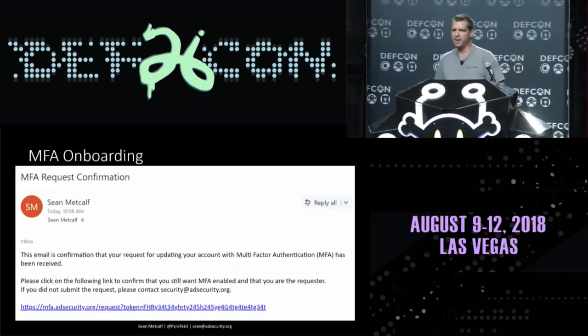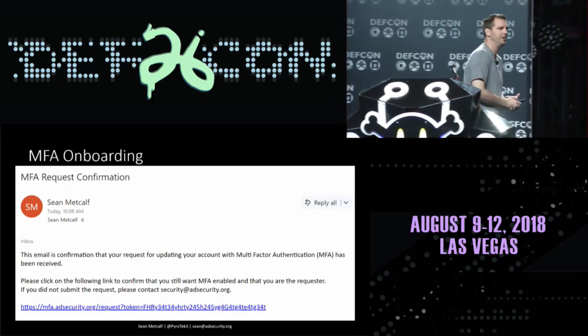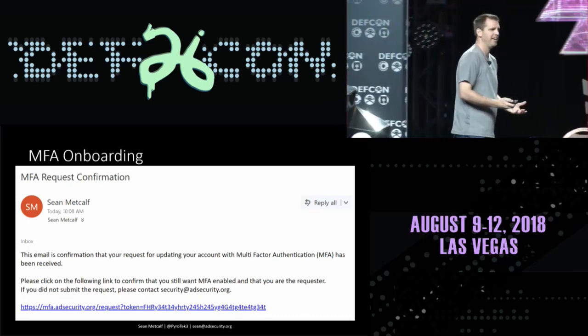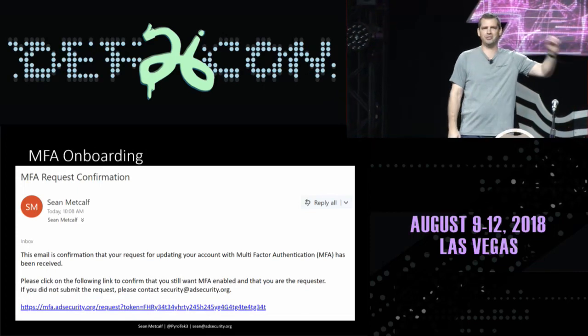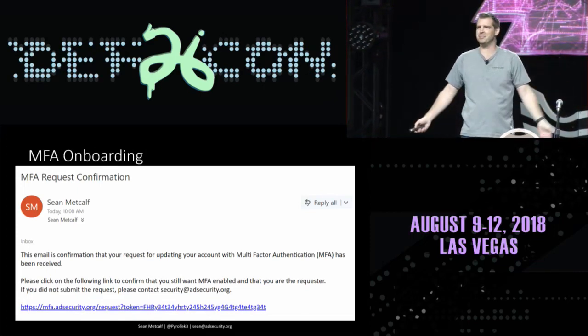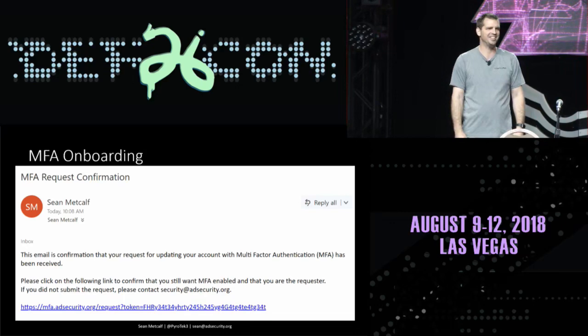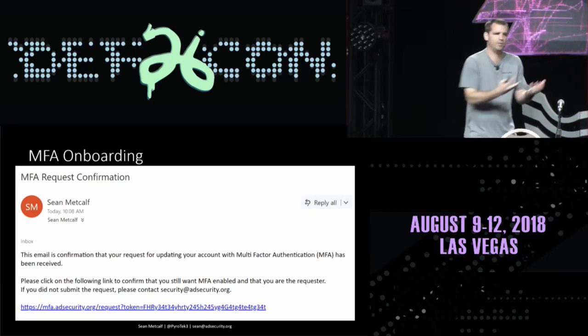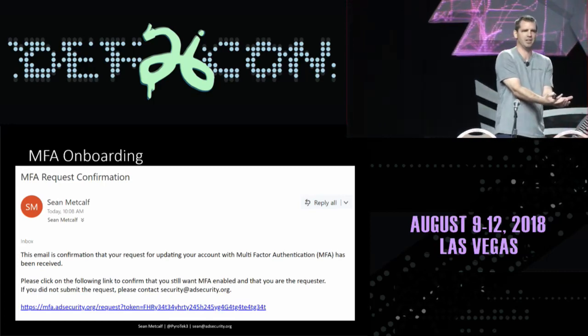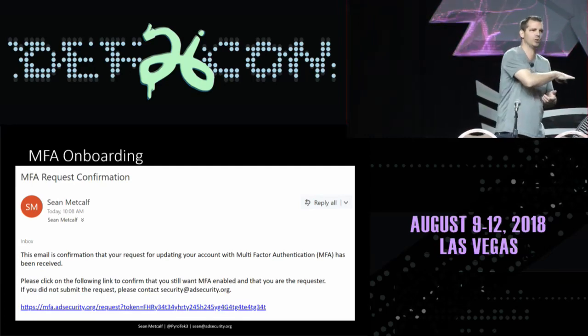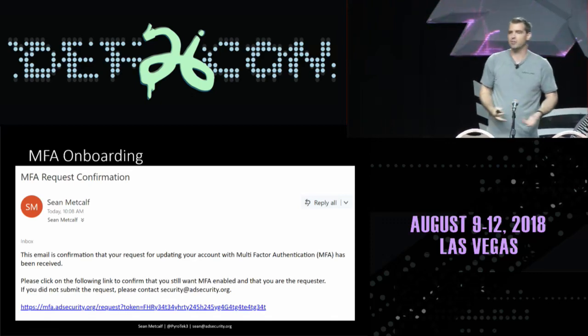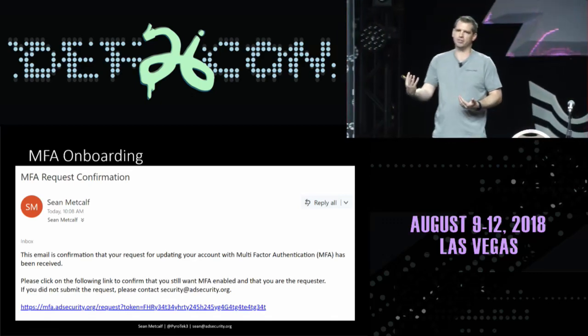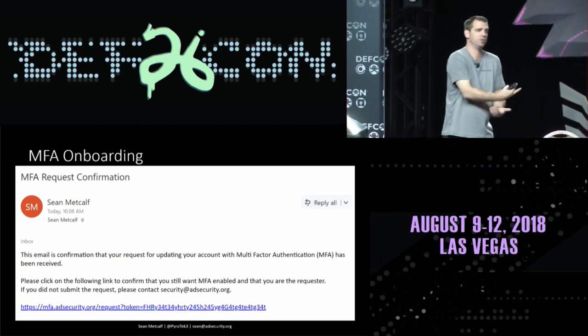The other interesting thing about MFA is there's an onboarding process. What is this onboarding process? Well, a lot of times you go to a website, you click on something, you click a request, and you get an email. That's interesting. The email comes in, they click on the link to approve it, and the MFA gets set up for whatever they put in that form. All right, but if we've compromised that account, that admin account, we have influence over that email, so we can set up a rule to filter it out, or we can just delete it so they never see it. So we could potentially add additional devices for MFA, or even switch it over entirely.